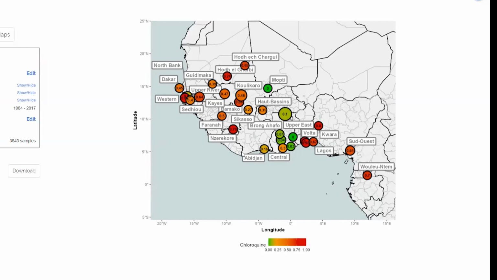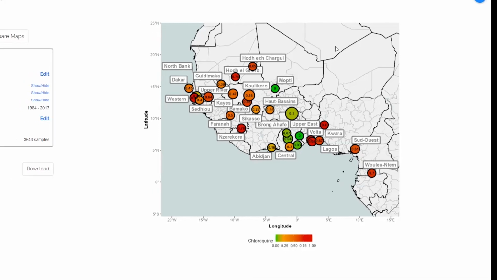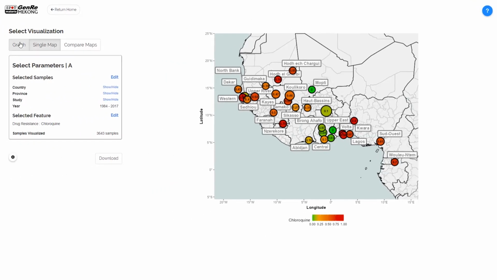Now, say I wanted to explore why this might be the case. I want to investigate, and say I think, well, perhaps samples collected from these locations were collected before chloroquine resistance emerged and spread. So what I could do is I could return to graph,